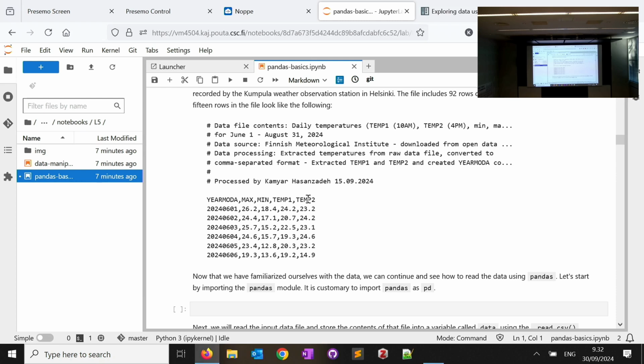So I would like to note that next week we are going to work with similar data, actually the same data, but in its original format. This is a bit edited for this course. So the data is real, it's coming from FMI, but we have changed the formatting a bit to show you some tricks on how to work with these CSV text files. But next week we will work with the original format and show you how you can get the data and start working with it. So yeah, if you're curious to see the data,